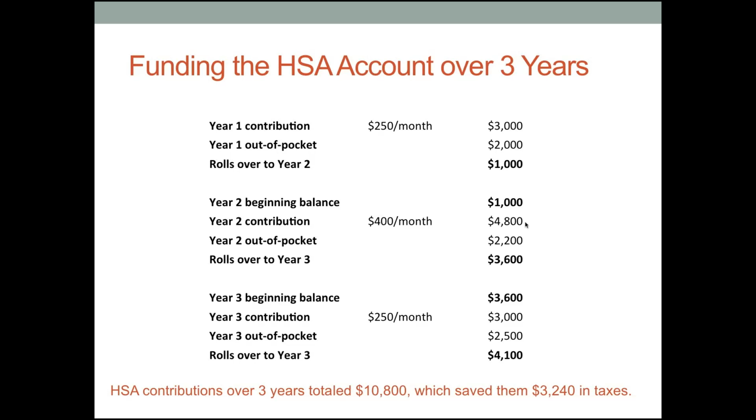They contributed $33,000 while they can still get the tax deduction. They spent $2,500 this year on medication and doctor visits. And so now they're ending year 3 with $4,100 left in this account. In addition to having that $4,100 set aside, they contributed $10,800 over the course of these 3 years, and they avoided paying taxes on that money, which saved them